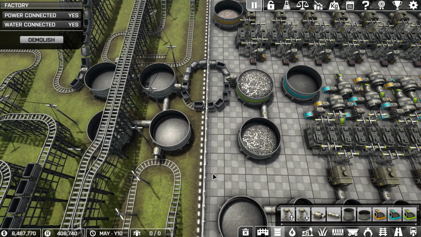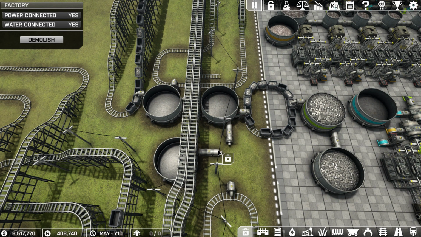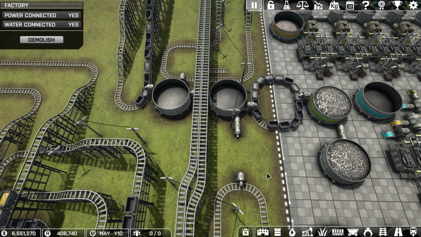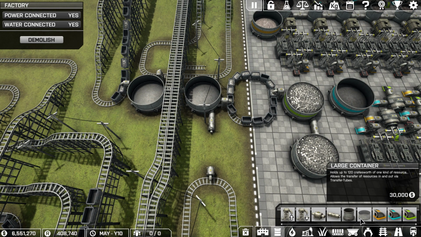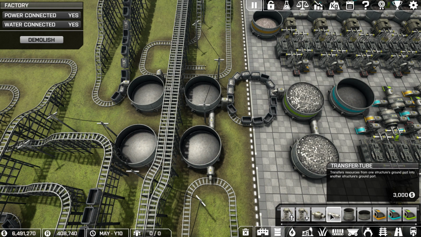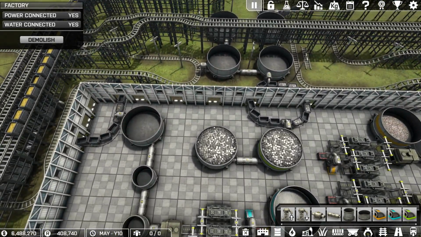Now, out here, this guy has to come back. So this guy has to move. This guy has to move. This guy has to move. We may have to, let's get rid of that for now because I know that's going to be in the way. So we need a large tank there and there with a connector there. And then I've got to get...